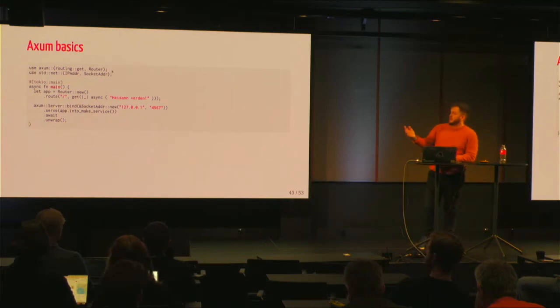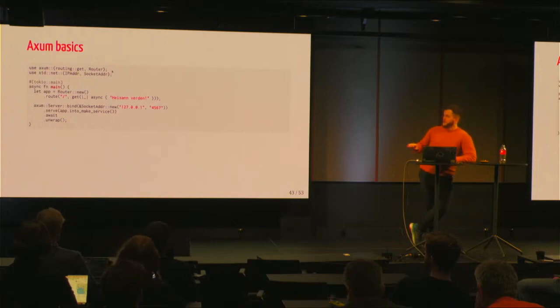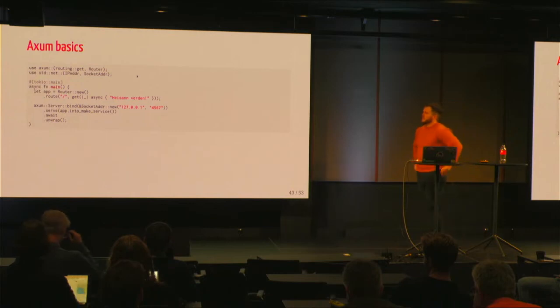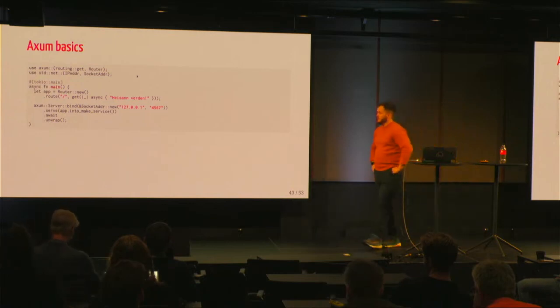We import some functions and structs from the Axum crate. And crate is the name of the packages in the Rust ecosystem. And we also import the IP address and socket address structs, or I think they're structs, from the standard library net